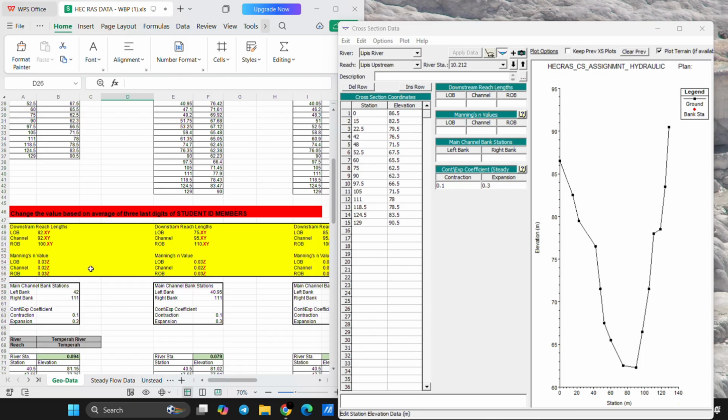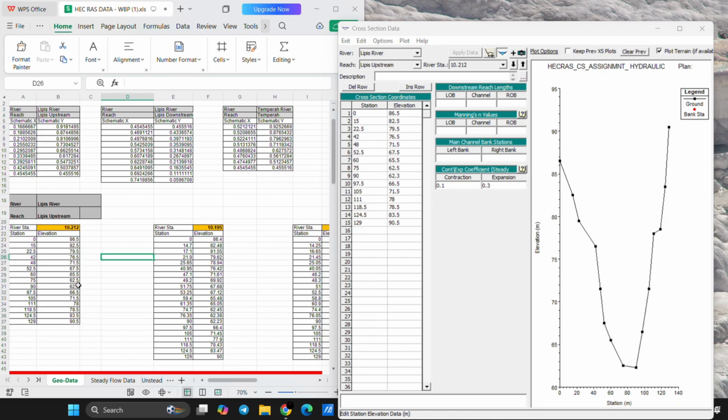And also for the main channel bank station, we can see it right here. It provides information here. And also for the contraction and expansion coefficient for steady flow, you can see contraction and expansion. We can see the value is provided here. Okay, now we have to insert it